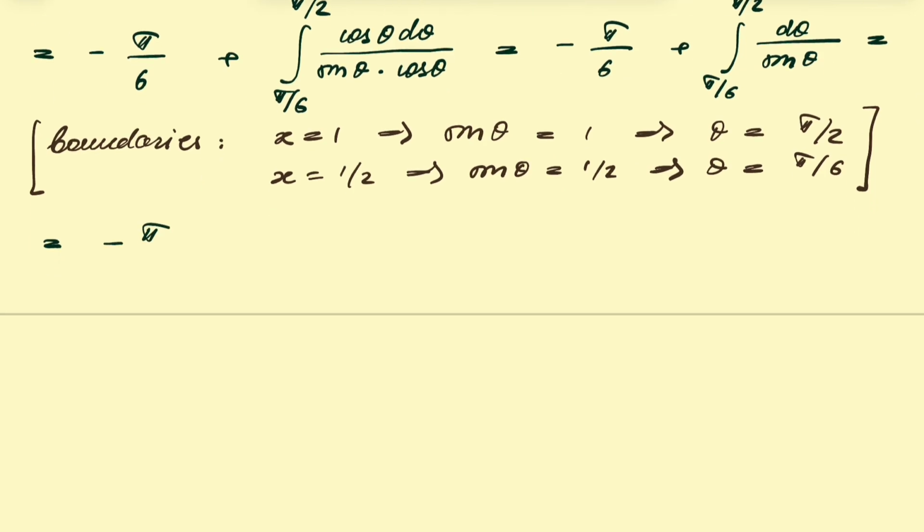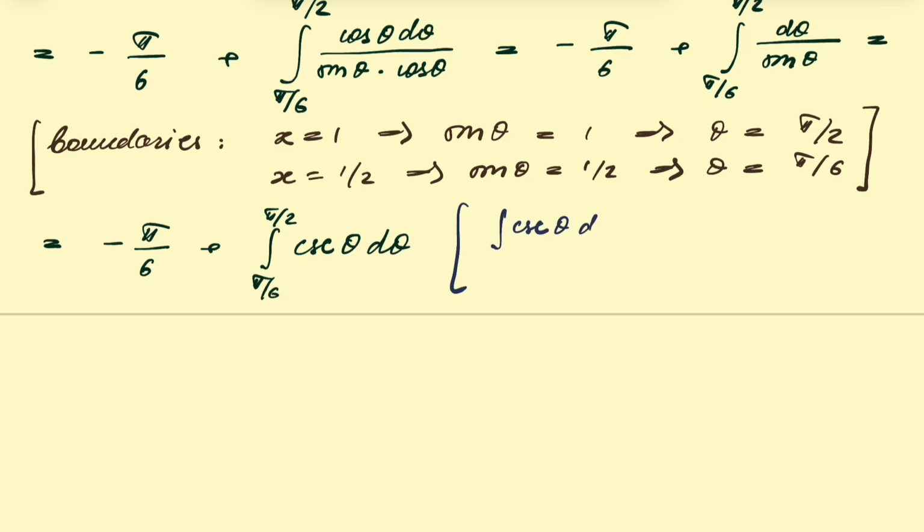So we have minus pi over 6 plus the definite integral from pi over 6 to pi over 2 of cosecant theta d theta. Now a quick reminder that an integral of cosecant